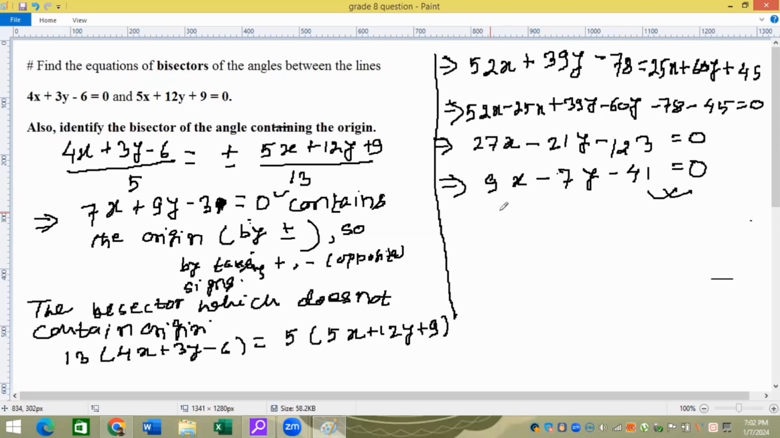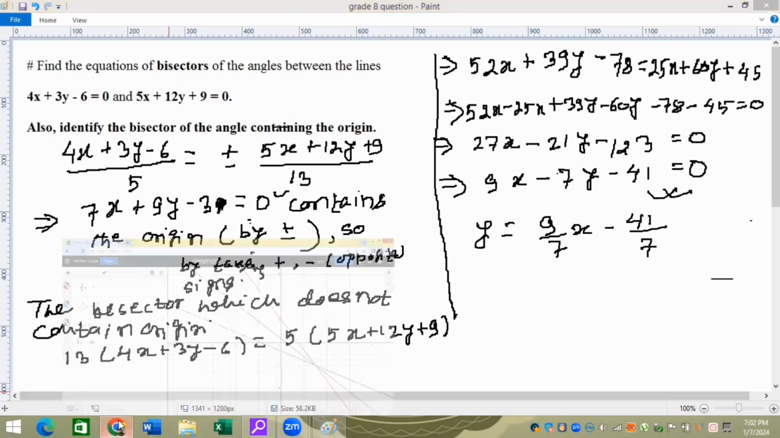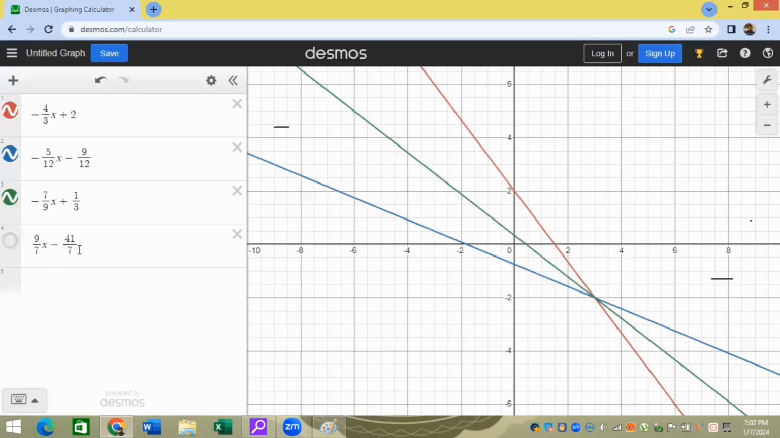Now if you'd like to see this in the Desmos graph, you just have to convert that into y equal to mx plus c. So when you convert into y equal to mx plus c, it will be 9 by 7x and then minus 41 by 7. It's okay. So let's check back to the graph again here. So let's see here, 9 by 7, 41 by this. And if you plot the graph,